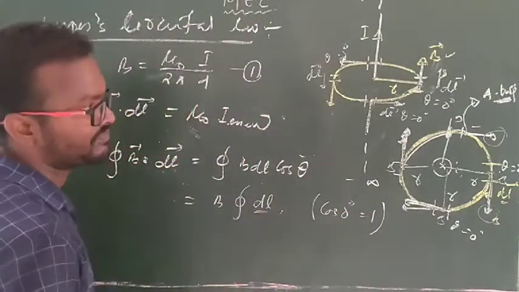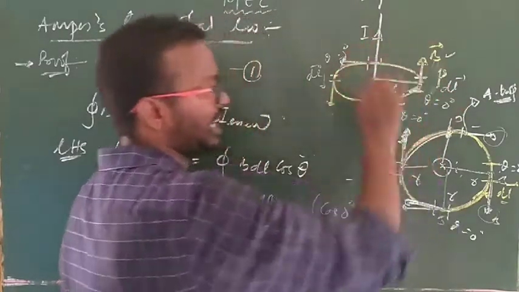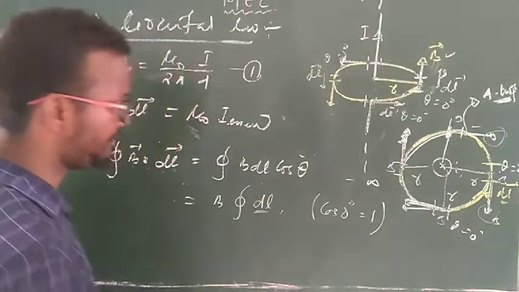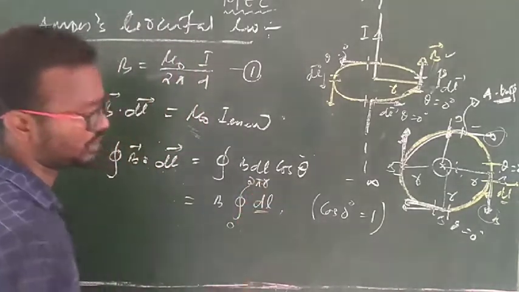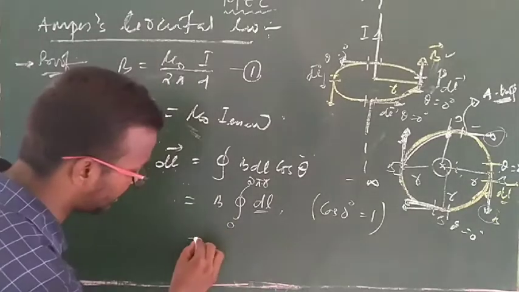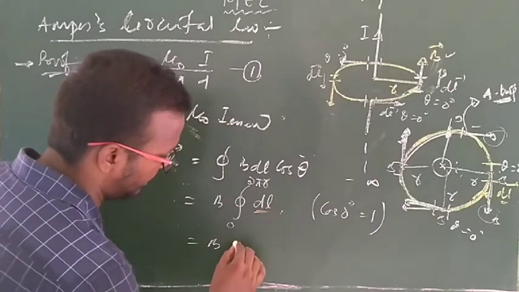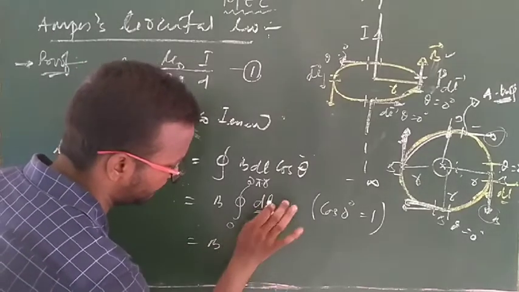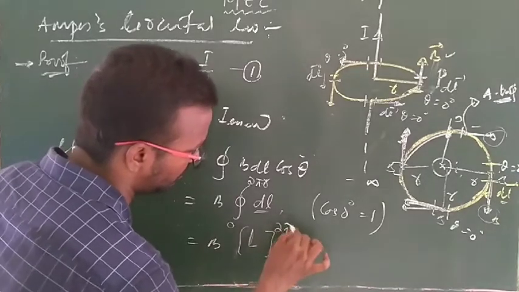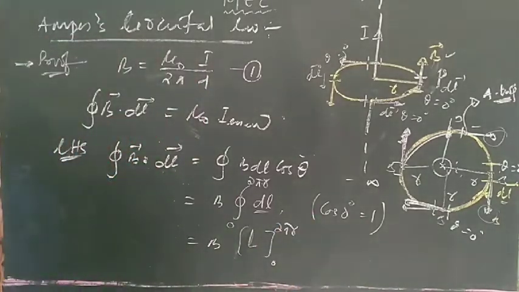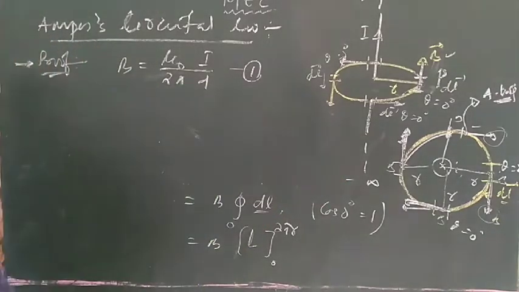Next, what is DL? Suppose this is the DL element, and the total length will be 0 to 2 pi r, the total circumference. So this is equal to B into the integral of DL, with lower limit 0 and upper limit 2 pi r. Clear? Now we can write